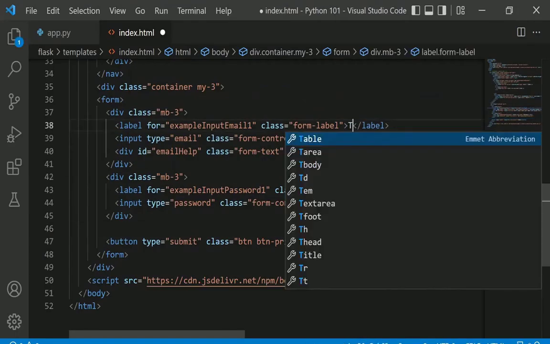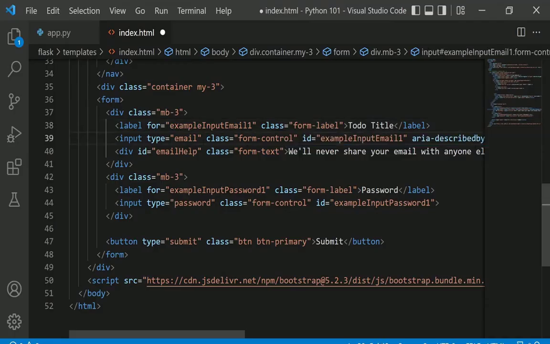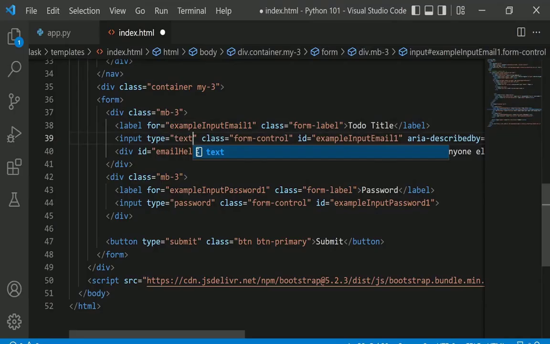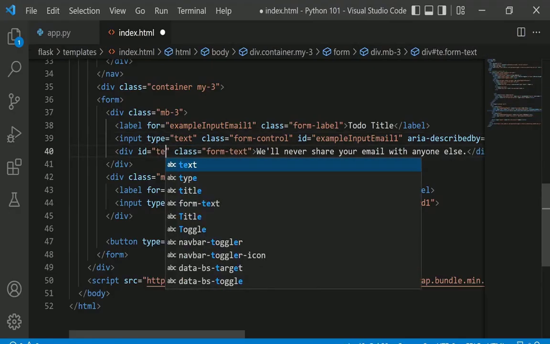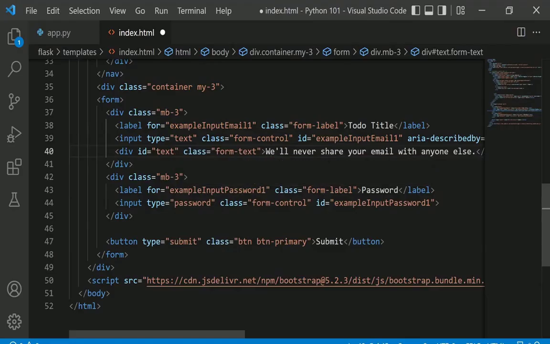So we are going to be adding to-do title, and over here we are going to be replacing it to text. So the type of the input will be text. This is also going to be text, and okay, we want this thing to say, add the title for the to-do list,